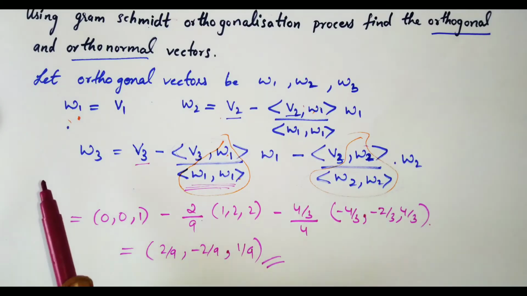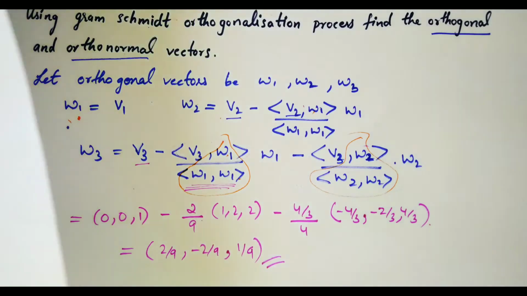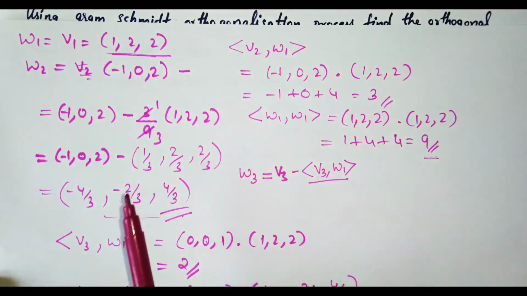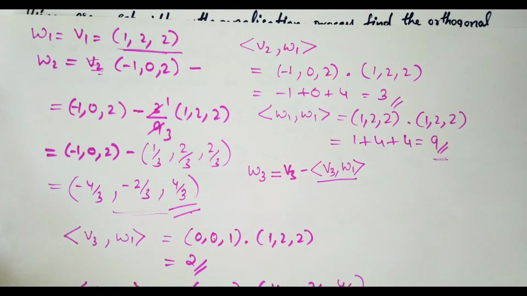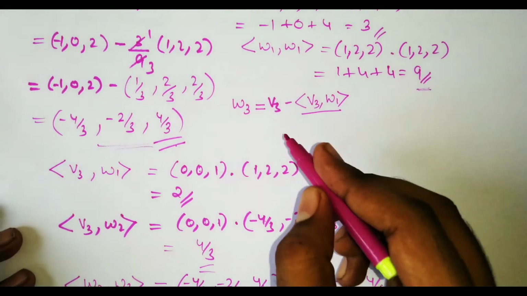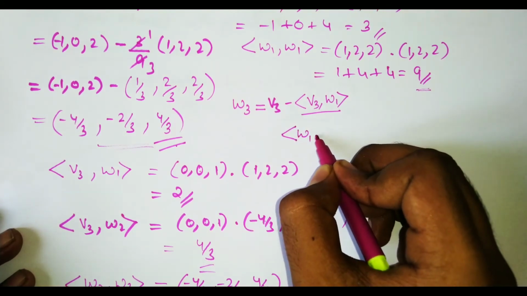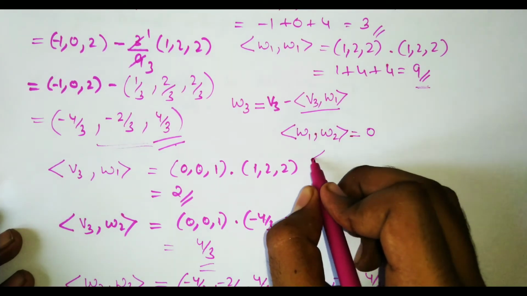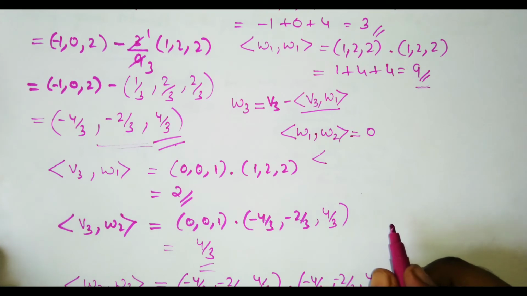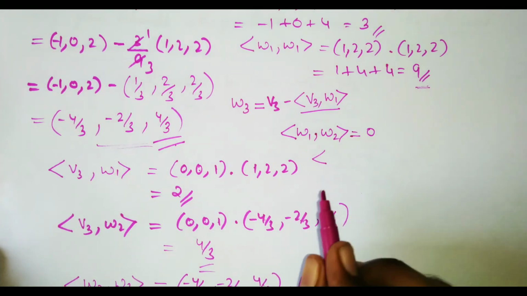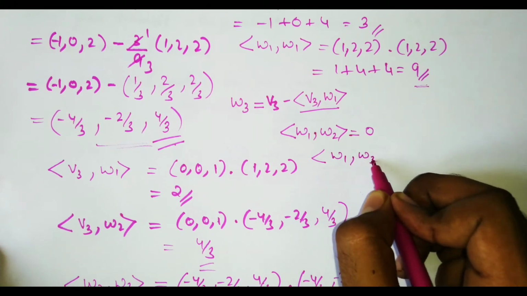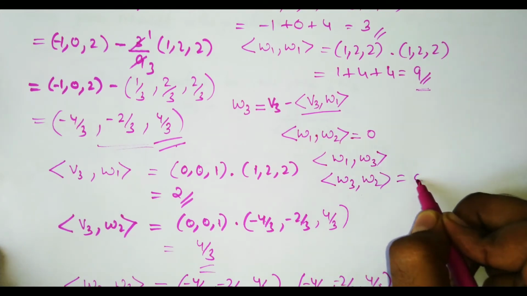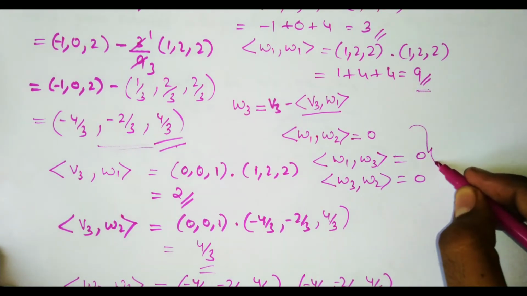That means we got W1, W2 and W3. So this is W3, and here we have W2 as well as W1. Okay, so W1, W2, W3 we got. In order to check whether your answer is correct or not, we just have to find the inner product between W1 and W2, which should be equal to 0, because these are orthogonal vectors, and the inner product of orthogonal vectors should be 0. And even W1 with W3 and W3 with W2 we have to find. If these three are equal to 0, then your answer is correct.